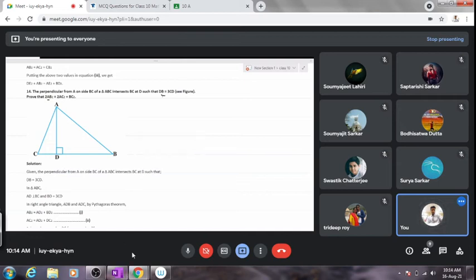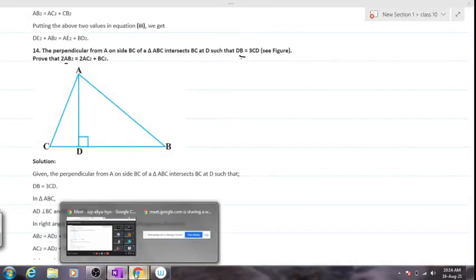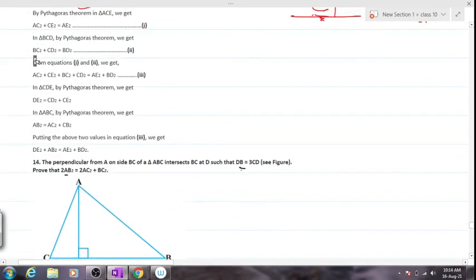Fine. So let's start off with your class. We have waited enough for the students to join in. Now, I think question number 14 and 15 were given as homework, or 13, 14, 15 was given as homework. Can anybody tell me if it's 13 or do we start off with 14? Anyone? I think 14.